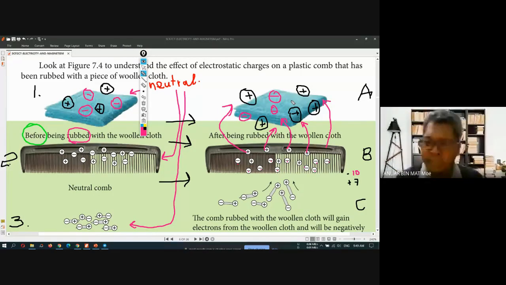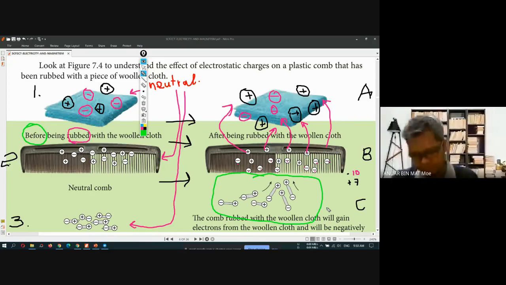And then what happened to the pieces of paper down here? Okay, the pieces of paper is neutral, positively charged or negatively charged? Neutral. Still neutral, right? Because it doesn't need any friction. Okay, but it will attract to the comb because